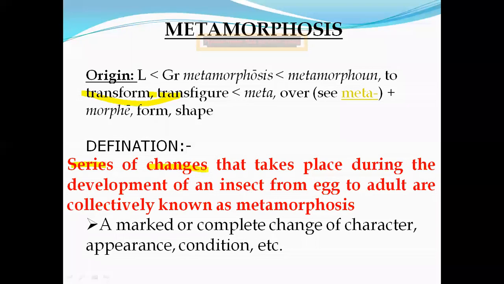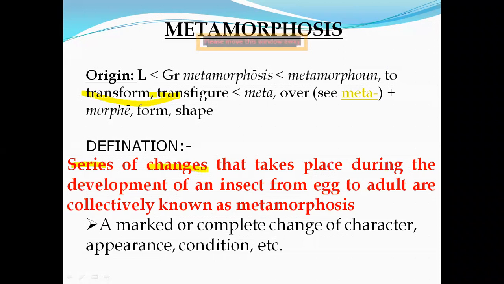Larva is the common young one of Lepidoptera. Nymph is the young one of Hemiptera. Naiad is the young one of dragonfly and damselfly of Odonata. Maggot is the young one of Diptera. Also the grub, which is the young one of Coleoptera. So these are all the different young ones from the egg.